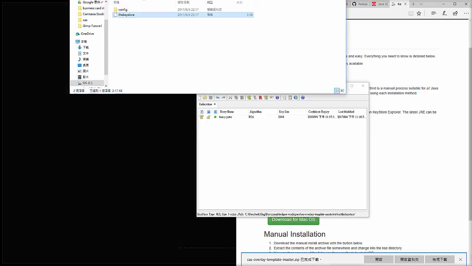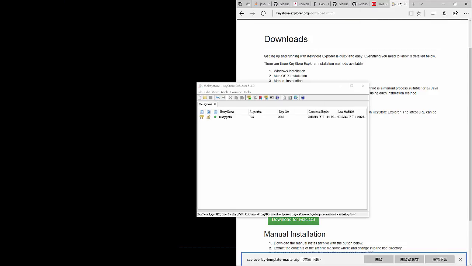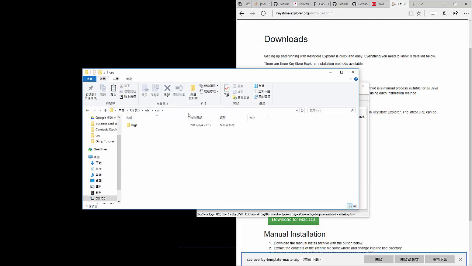You need to put it inside here. It's inside the C directory, and you put it outside of your own CAS directory. It's actually inside the main drive, whatever drive they are using, and then you put it there.